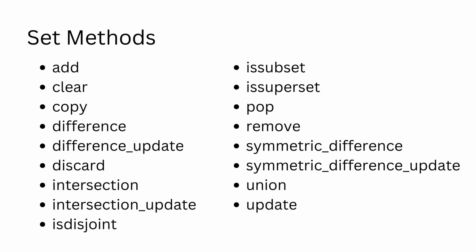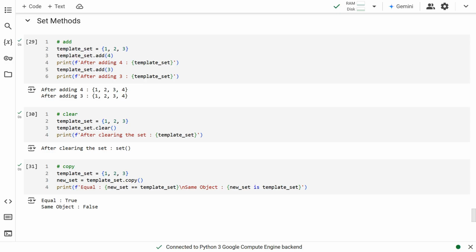These are the methods offered by sets in Python. As these are standard set operations, let us quickly skim past, without delving deep. The add method adds an element to the set. If the element already exists in the set, no action is performed. The clear method removes all elements from the set, making it an empty set. The copy method creates a copy of the set.